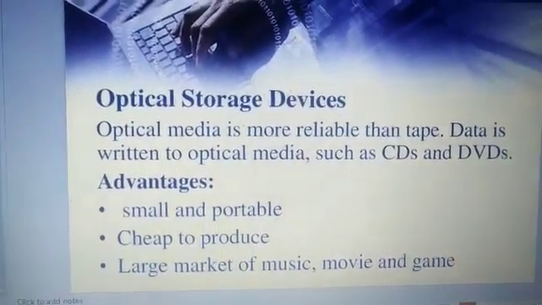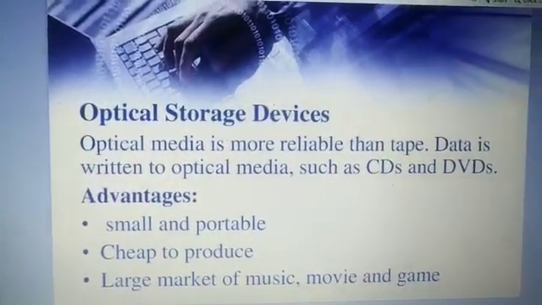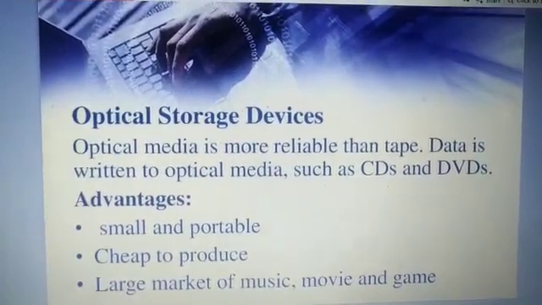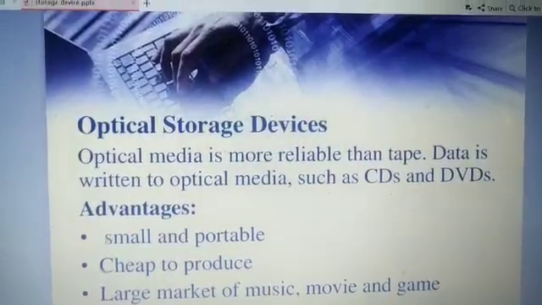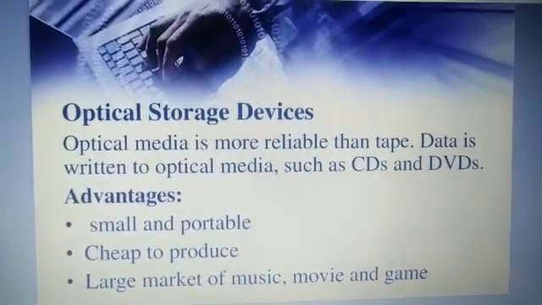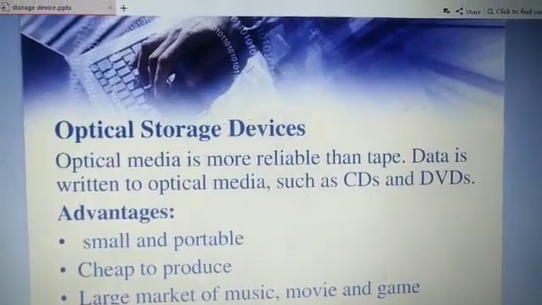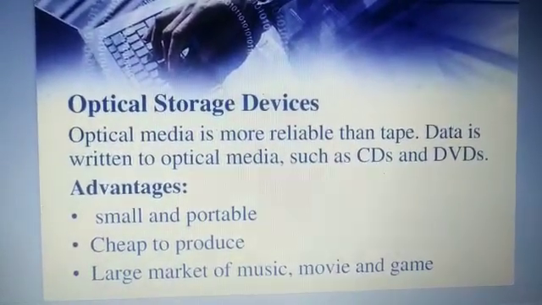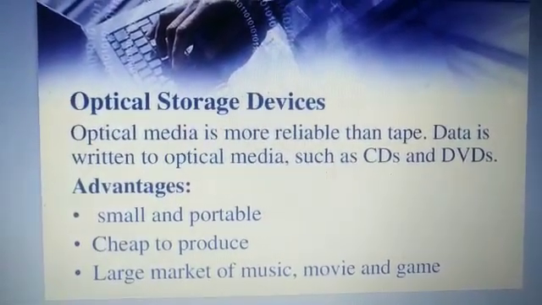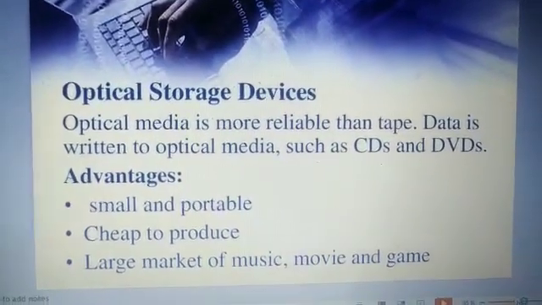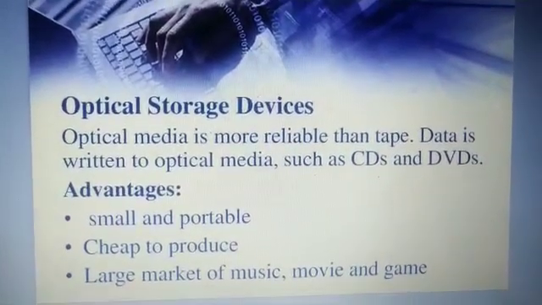Next comes the DVD. Digital versatile disc is also an optical storage media like CD, but it stores much more data than the CD. The maximum capacity of a dual layer DVD is 8.54 GB, so the capacity is far larger than the CD. The main purpose of using a DVD is to store data as well as video.